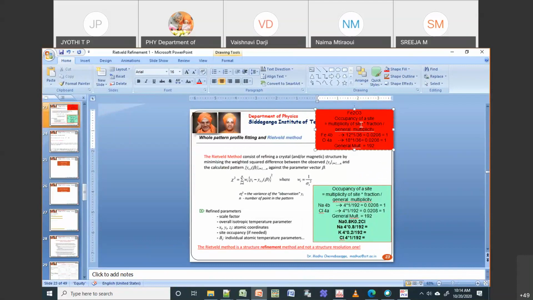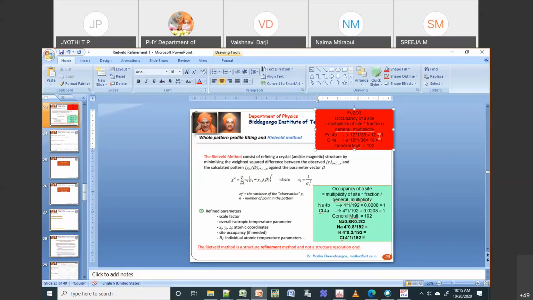Okay, then what happens, if I normalize this, then this will be 2 and then this will be 3. I will tell you why. 36 is common for all, and in case of your iron, this is 12C. So 12C means it is 12. I will just write it as 12, and then the next one is 18. So this is the normalized value.